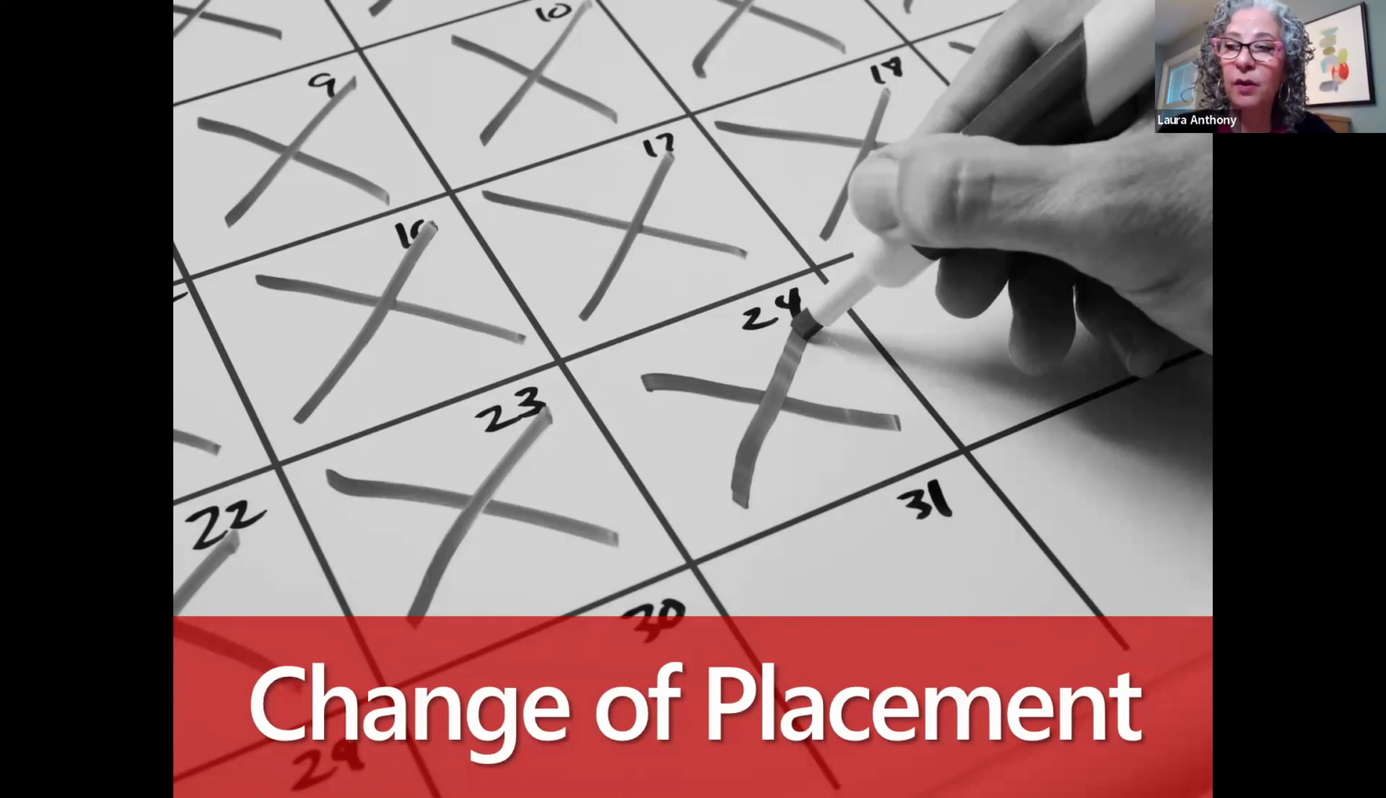A series of removals that are more than 10 and they constitute a pattern because the child's behavior is substantially similar in all of these situations, and because of additional factors, like the length of the removal, the total amount of time the child's been removed, and the proximity of the removals to one another. Okay, so